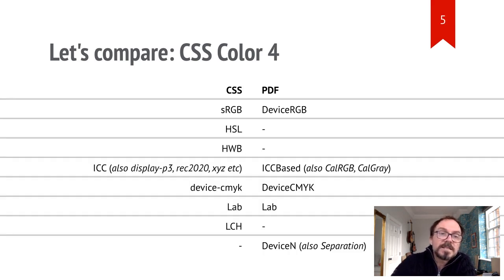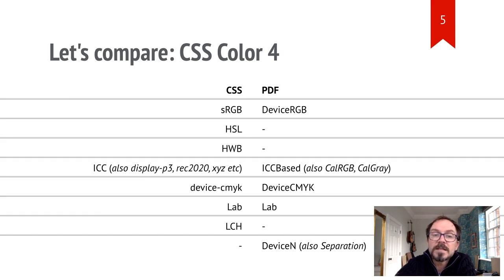On the next slide, we have CSS Colour 4, which adds HWB. Exactly as with HSL, this is just another way of describing colours in the sRGB colour space. We've got ICC profiles, which obviously correspond to the same in PDF. Several of these are predefined in CSS, for example display P3, but they're all still ICC profiles. We have device CMYK, which is great as we have exactly the same in PDF. This is obviously device dependent. 100% cyan will look different on different printers. And we have lab color. Well, we have that in PDF too. And finally in CSS we have LCH, which, just as HSL is to sRGB, is another way of describing colors in the lab color space.